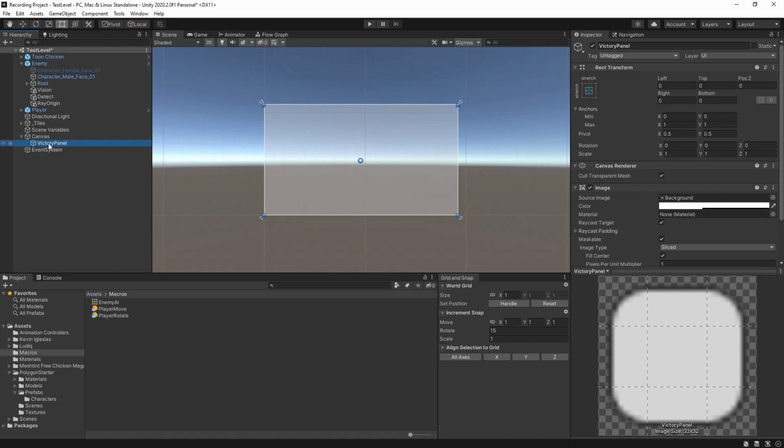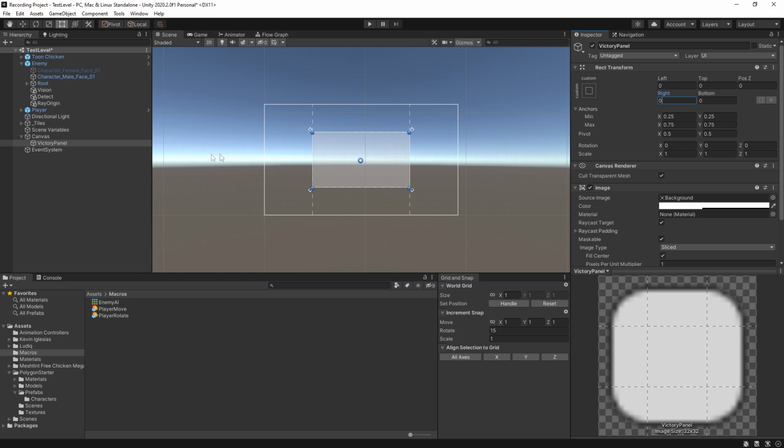And now I only want this panel to take up so much of the screen. Let's say 25%. So, or I want to take up 75% of the screen. So 25% on either side. No, let's make this simple. 50% of the screen. So my mins will be 0.25. My max will be 0.75 on the anchors. And then I'm going to remove all of my offset information. This gives me a nice little square dead center in the screen that's going to display the you win or